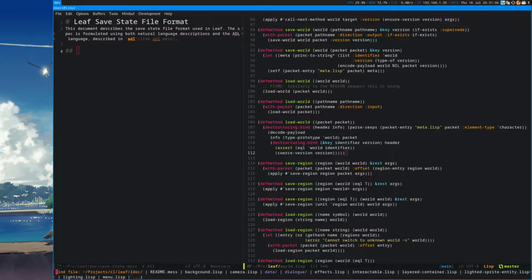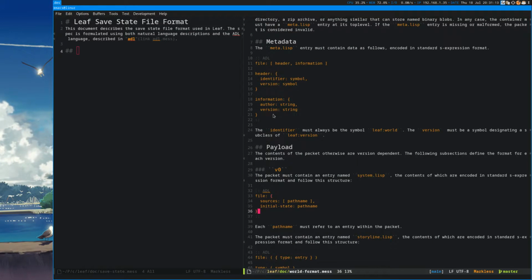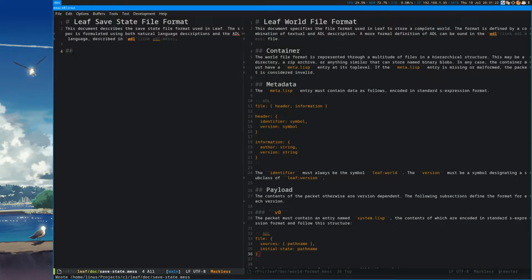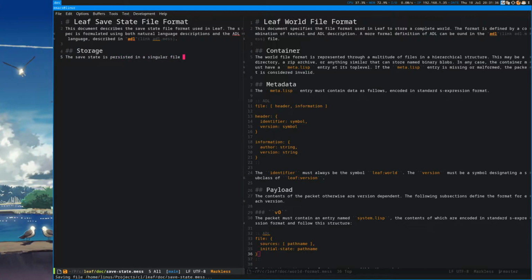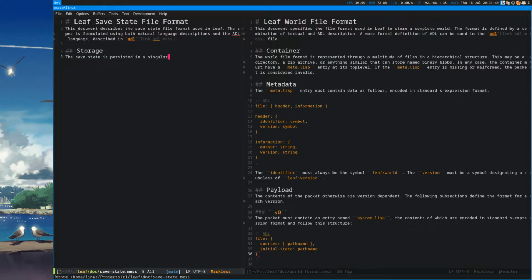Okay, let me look at world format. I'm wondering if I should introduce a versioning scheme for the save states as well.